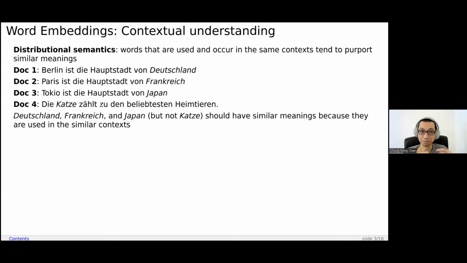in combination with words like capital, but with something else, for example, like pet. So in this case, the word cat has a different meaning from the country names, for example. And word embeddings actually try to quantify the differences in the contextual usage of different words. And so,